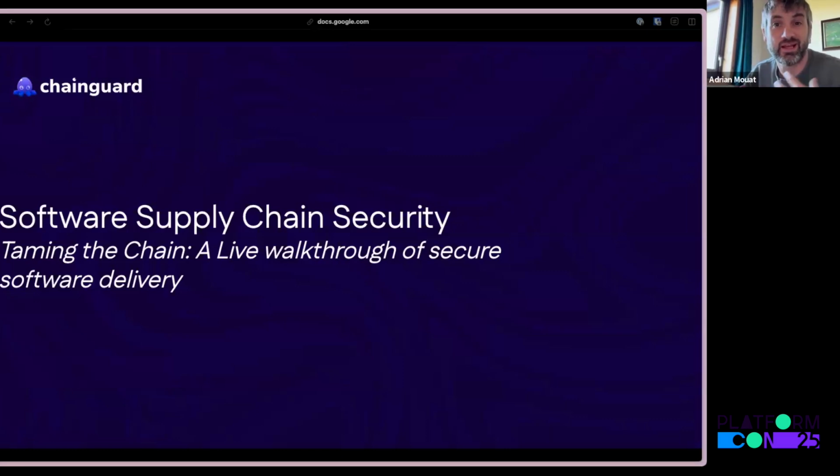I want to talk today about supply chain security and secure software delivery. This is a tutorial, so we will be moving into a tutorial section later. But first, I want to explain a bit about supply chain security, what it is, and why it's important. I think the easiest way to do that is by giving you a real example